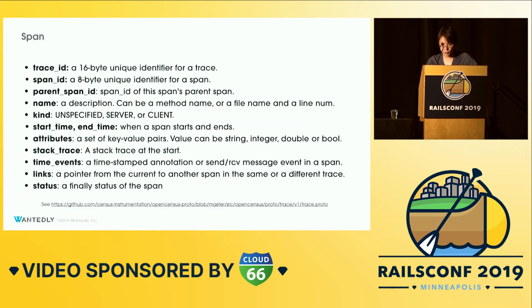In OpenCensus, the data model is defined using protocol buffers. So you can take a look at the proto files on GitHub to understand the exact definition, what the fields are, what the possible values are, and so on. A span, for example, has a number of fields listed here. It has a trace ID, which is a unique identifier of the trace and shared among the spans in the trace. Span ID, obviously, is a unique identifier of the span. And like I said, a span has a parent span unless it's a root, so it has a field called parent span ID, and so on.